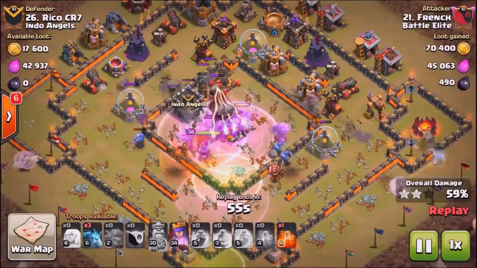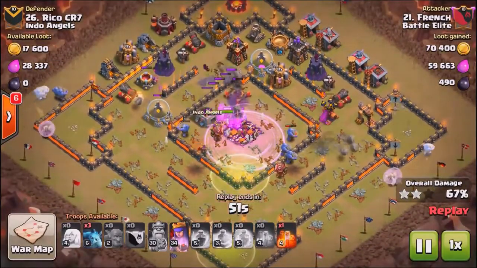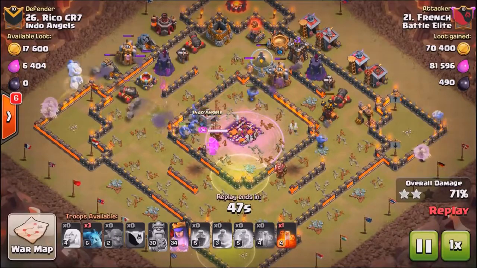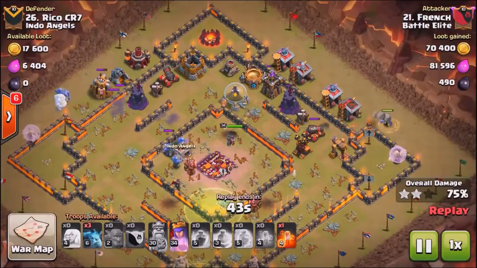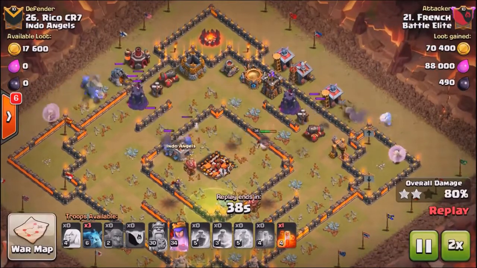be able to stay alive the entire raid because 3 healers is enough because the defense is so dense in the center, the core is relatively weak. So you can see these bowlers doing well around the perimeter, and that's all you have to do. Against a base like this, if you want to try this tactic with the 6 healers, go ahead and first